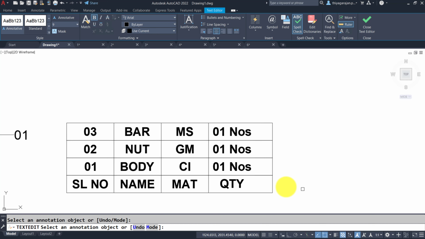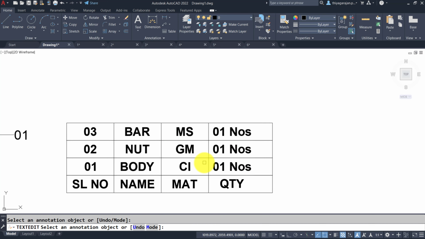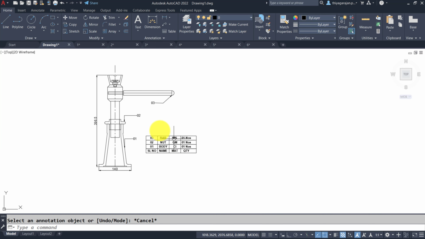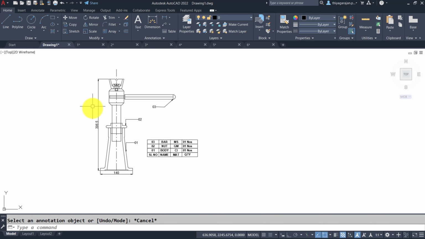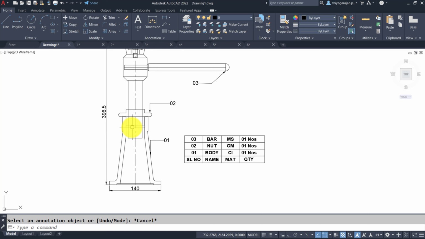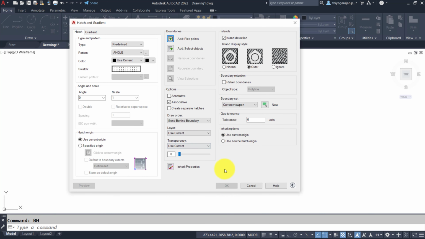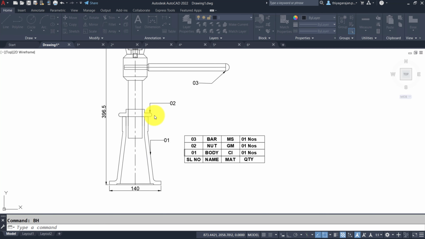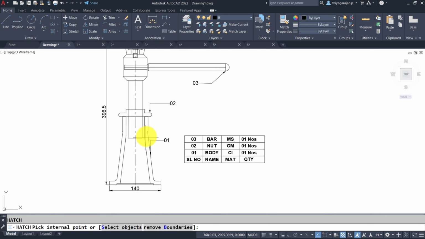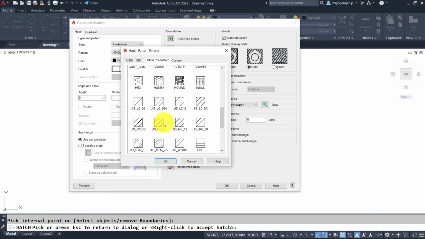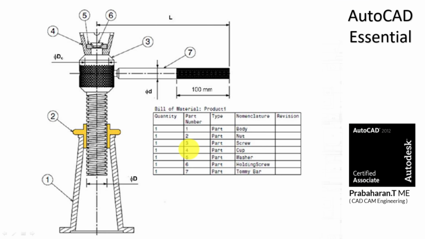So we have to create the bill of material like this. Once you create the bill of material, dimension and part, if you want to do hatching or deleting or editing anything, we can do easily. So let me do hatching also. Go and choose the steel material. Okay, now I assembled it. I created a number. This is called ballooning, and this is a bill of material I created.